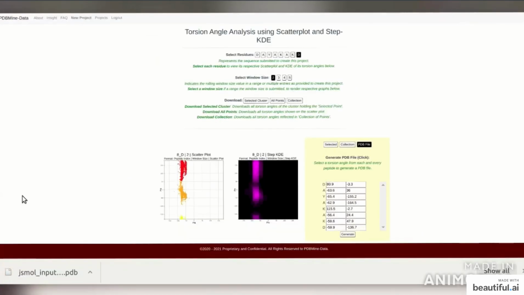So we're going to go ahead and select an angle from every residue. Only 4 more remaining. And one from right here. And let's go ahead and generate that file. It'll automatically download a file that can be used to